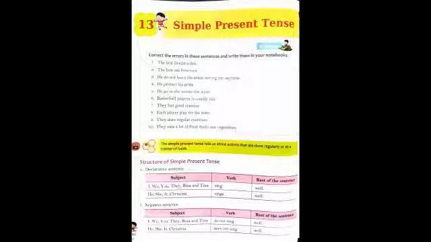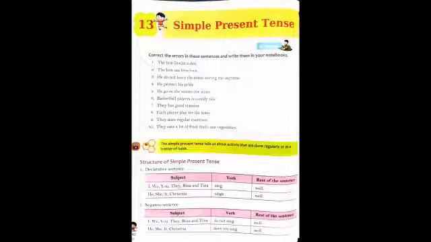Here, the declarative sentence. In a declarative sentence, first we write the subject: I, we, you, they, Rina and Tina. After the subject, you write down the main verb and the rest of the sentence. Or the subject can be he, she, it, or the name of a person, Christina. We use the subject, after that the main verb, then the rest of the sentence.